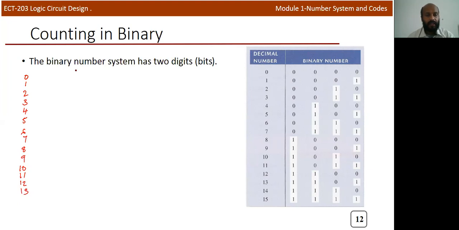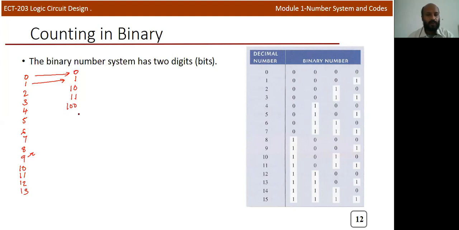Similarly, in binary there are only two symbols we are using, 0 and 1. And this 0 is actually representing 0 itself, and this 1 represents 1. So instead of 9, we consider 1. And after this we'll write 10. Again next value is 11. Again it's something similar to 99. If it is 99, next value is 100.